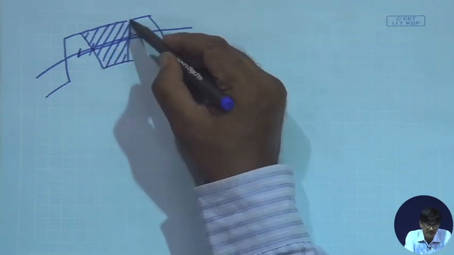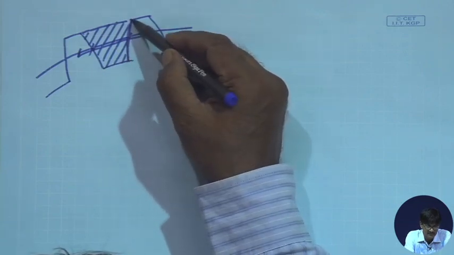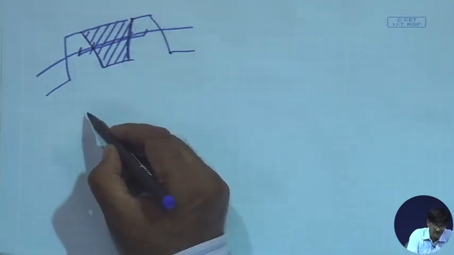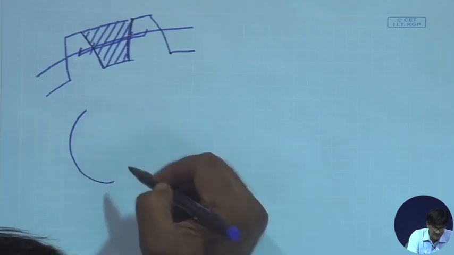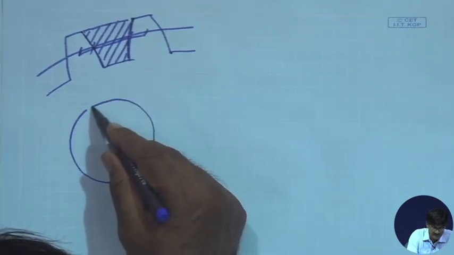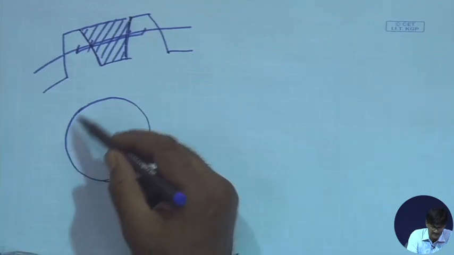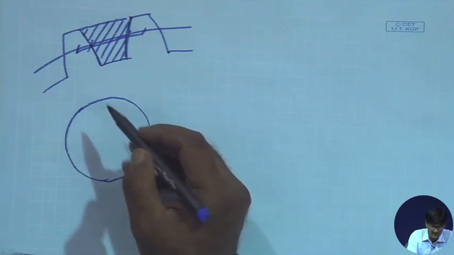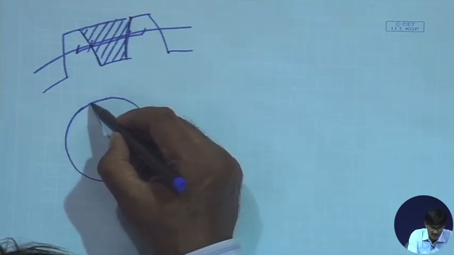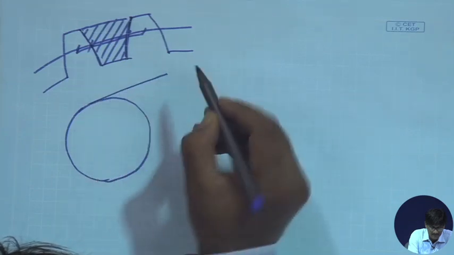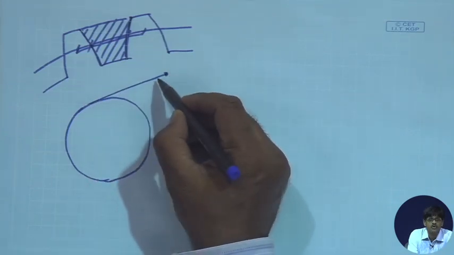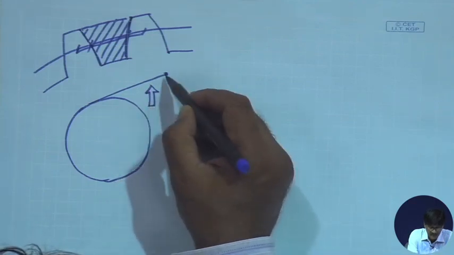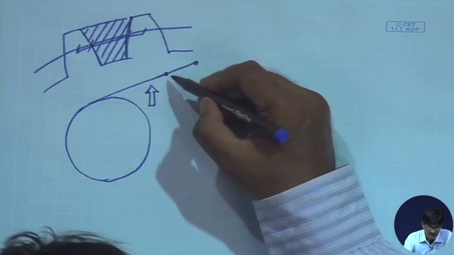What is dictating it is, first of all, module and number of teeth. Why? Because take the case of gears which have involute profile. These are involutes. How do we develop involutes? There are two ways of defining involutes. One is, if you have a disc with a tightly wound wire or thread on it, and you are unwinding it, keeping the wire taut, the locus of any point on this wire